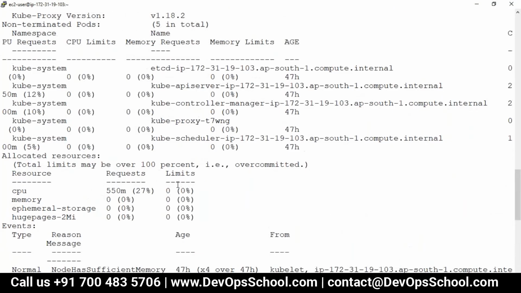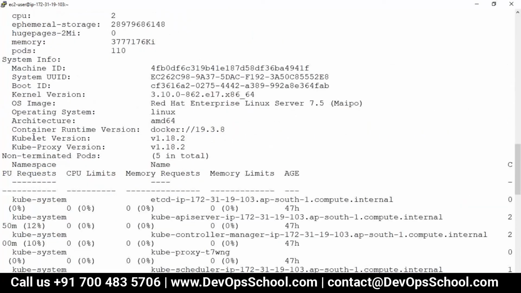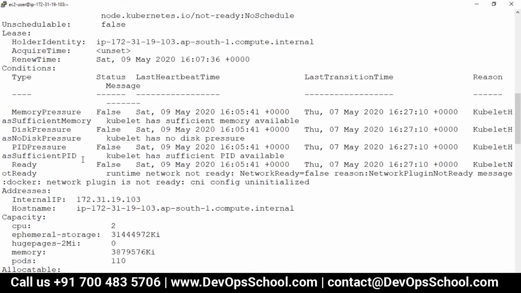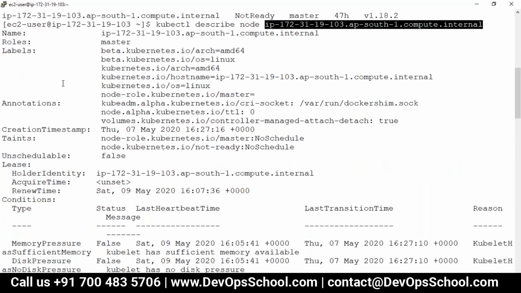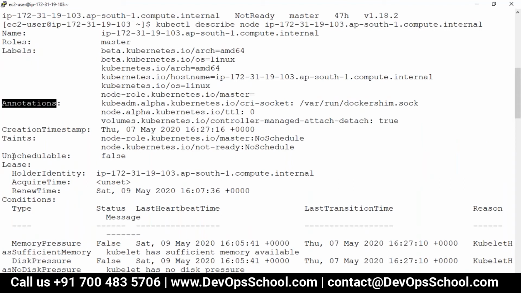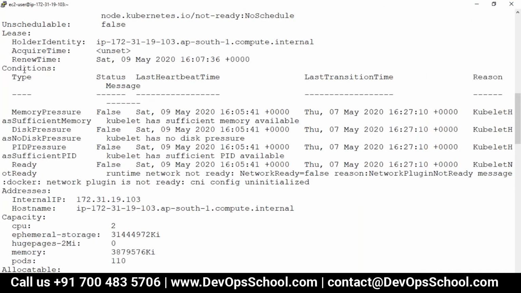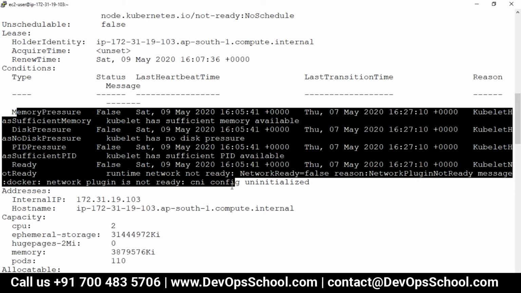And here, so many logs. I will go slowly and read each and every line. I will observe it: name, roles, labels, annotations, unschedulable, conditions, memory related stuff.